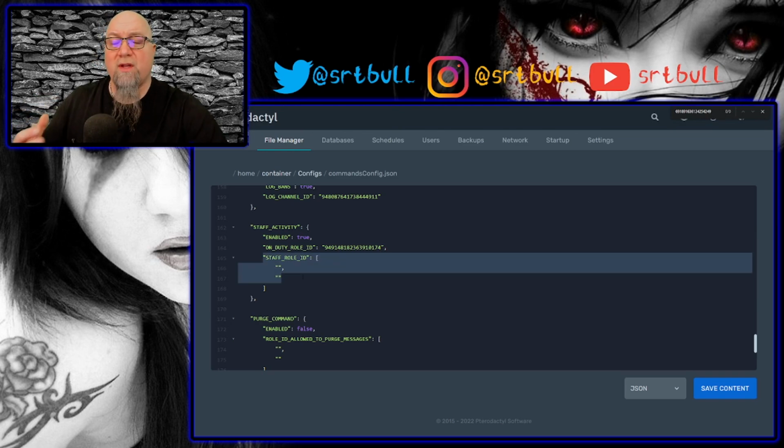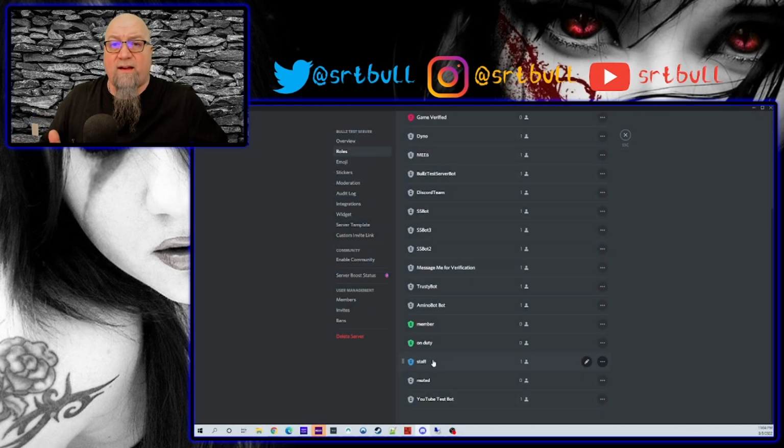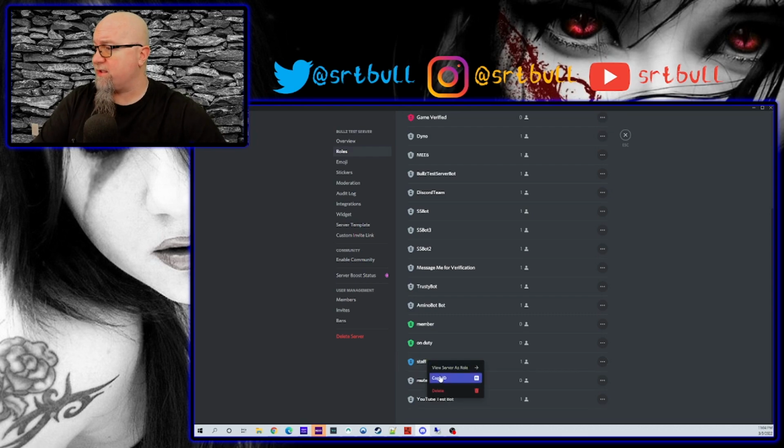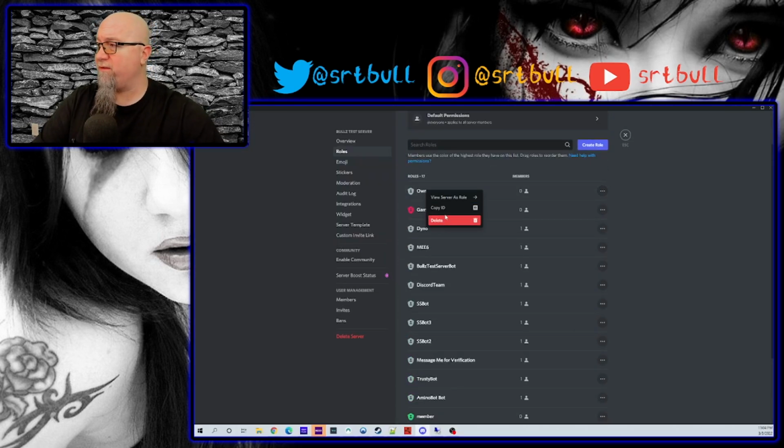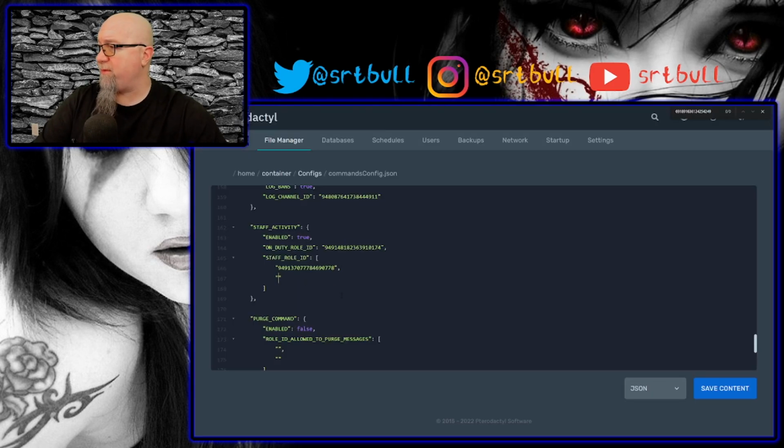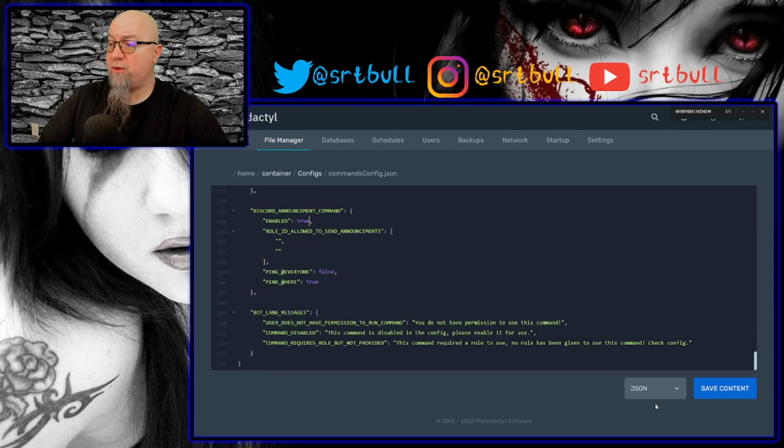The staff role ID section is where you get to define which members can actually go on duty or off duty. You don't want everyone to be able to do this, so you have to define the specific roles that are actually allowed to do that. So we have a staff role. We might as well use that. So let's copy that ID, paste that in right there. And let's also make it so that the owner of the Discord can actually do the same thing. The owner can now also do on duty or off duty should they actually choose that they wanted to do that. And once we're done with that, of course, we can save our content